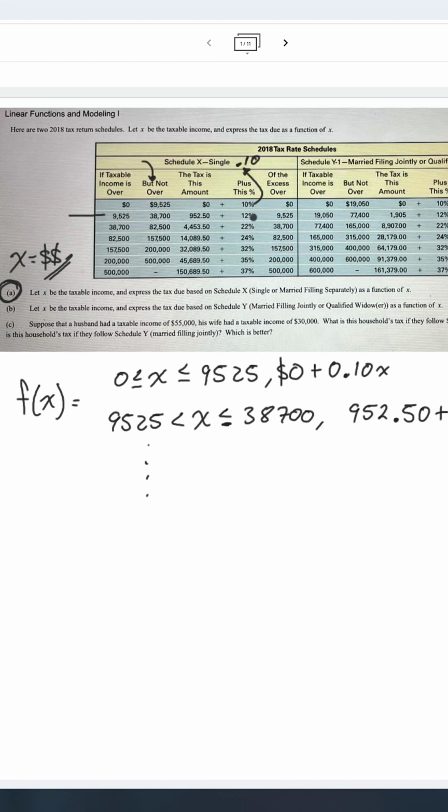We're going to move our decimal point 2 places to the left. So instead of writing 12%, we're going to write 0.12, all right? X again, because this indicates that you have to make the calculations for 12% of your income plus the specific amount of tax, all right? And you're going to have to do this for all of the intervals, because on different intervals you have different